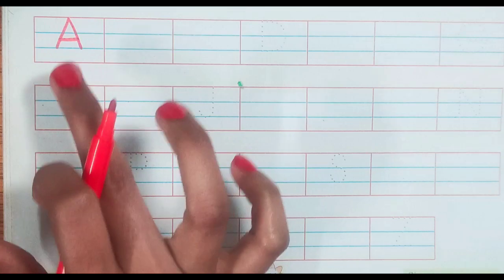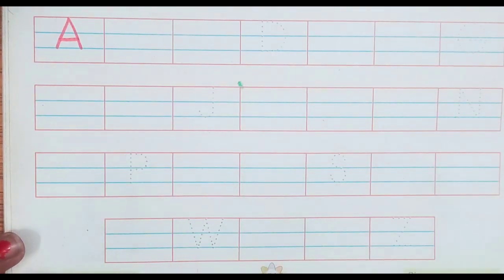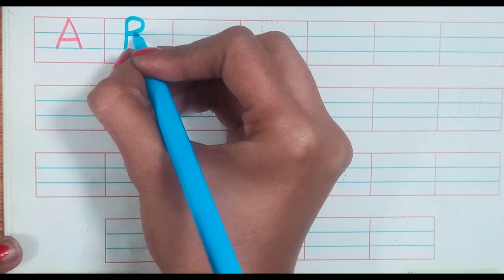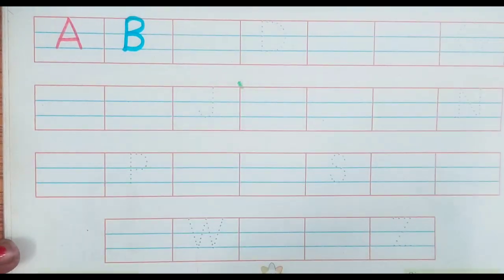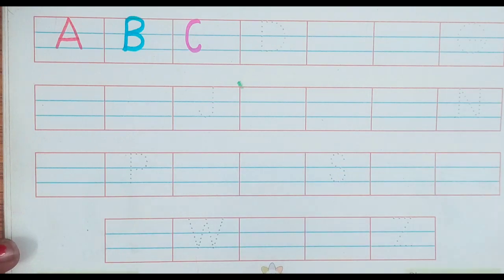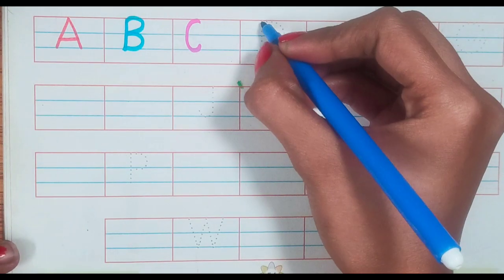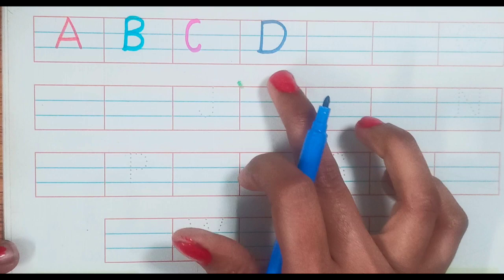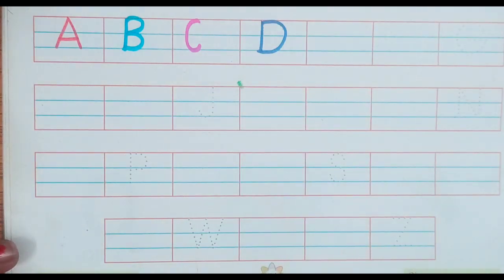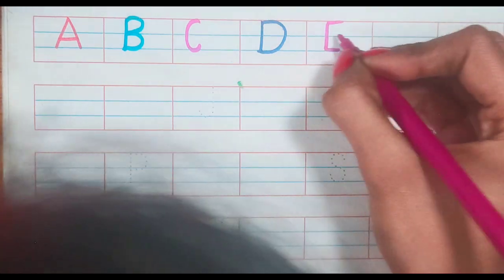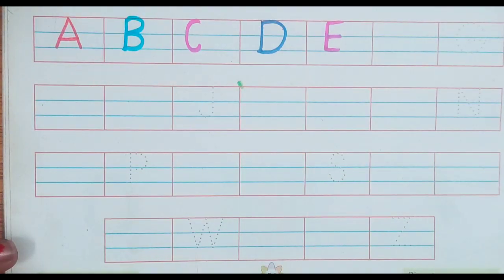A for apple। B for ball। C for cat। D for dog। E for elephant।